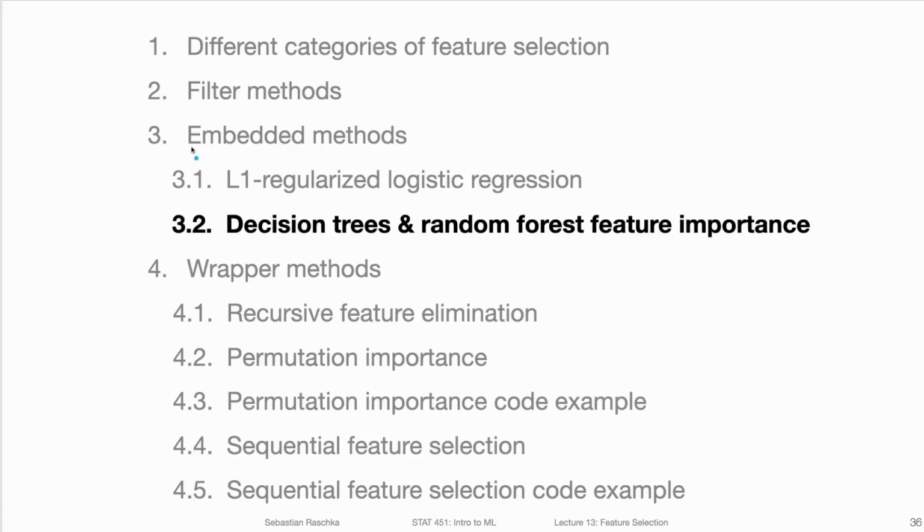Yeah, so last video we started discussing embedded methods for feature selection, and as an example we saw L1 regularized logistic regression. So with embedded methods we mean methods where the feature selection is part of the model that we are training. And today we will see another example of embedded methods, namely decision trees, and how decision trees again select their features at each node, and then also how it relates to random forest feature importance, where random forest feature importance is probably something you have already seen or heard about, and today we will see how that actually works.